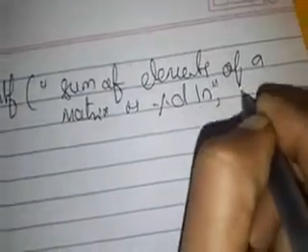Next, a programmer has to take the decision what to do next. Yes, successfully I have computed the sum. So whether the program ends? No. I have to print that particular sum. So let me print that particular sum. That is printf sum of elements of a matrix is percentage d. That is sum. Complete the program.